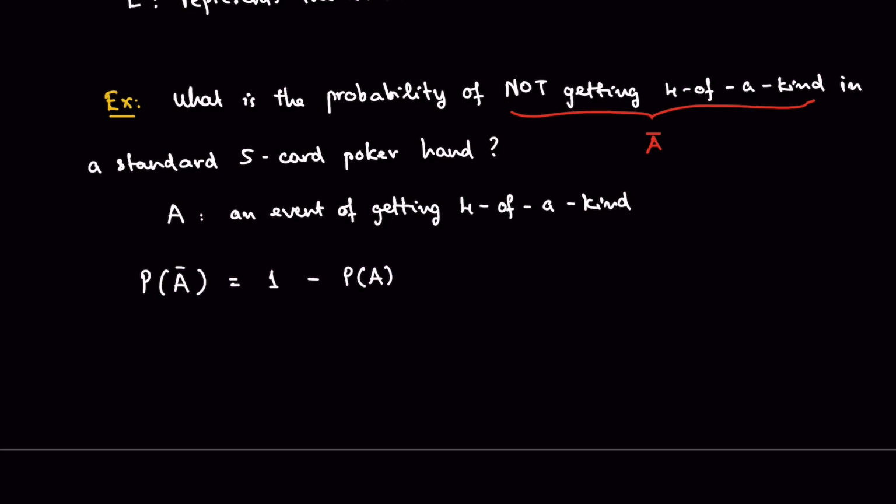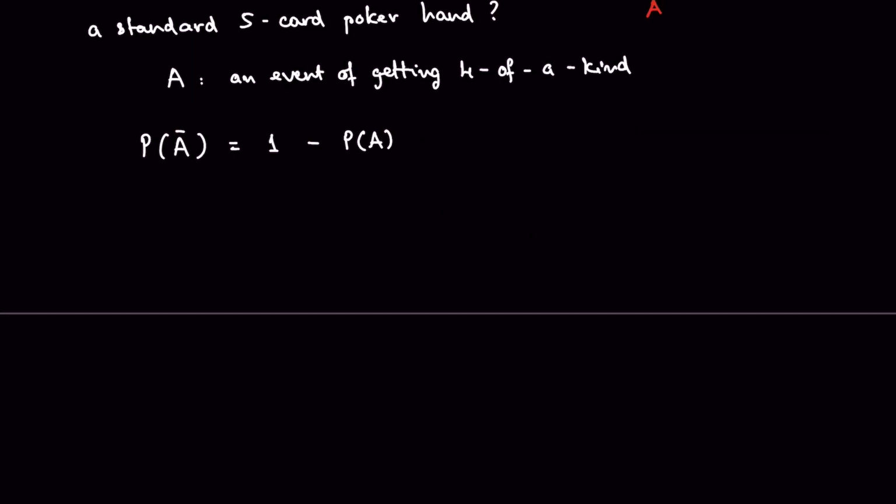So to get the value of the probability of A bar, what you need to do is actually calculate the probability of A. So what is the probability of getting a 4 of a kind hand out of the standard 5-card poker hand? Similar to the other example, when we try to calculate the probability, you want to know the number of desirable outcomes and the number of total possible outcomes. So for the number of desirable outcomes,